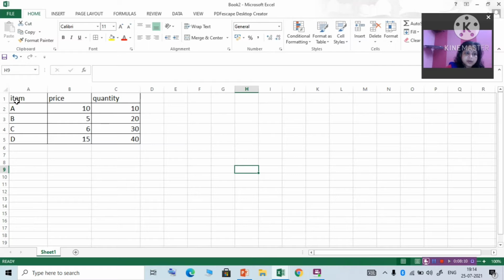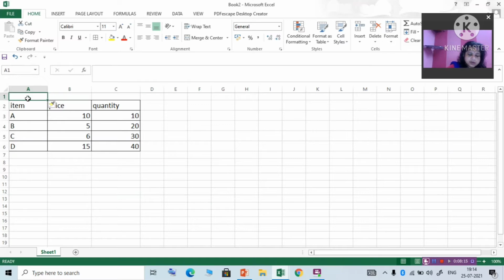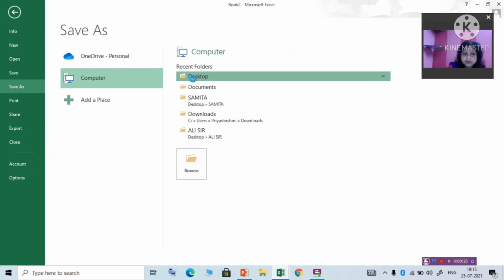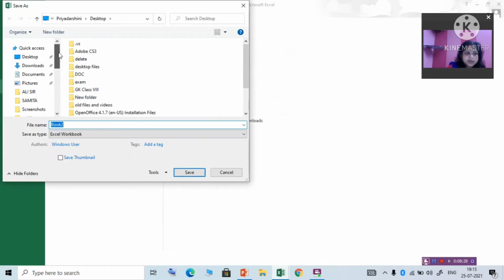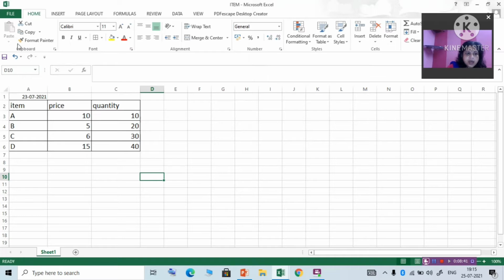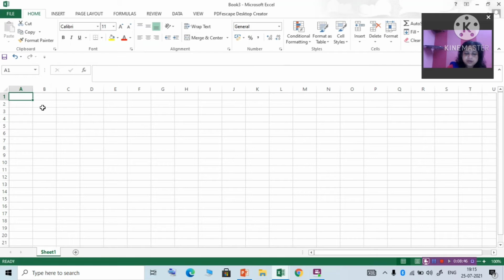Suppose this date, 23rd 07. This workbook needs to be saved. Saved. Another workbook I will open, because we are going to link different workbooks.